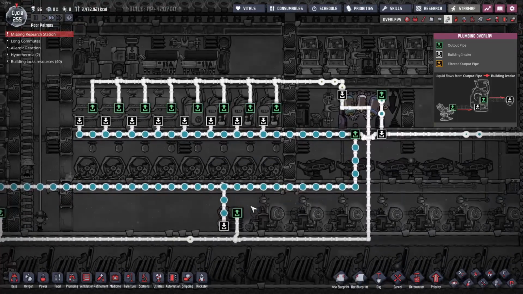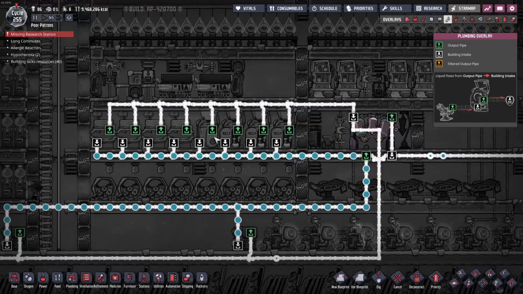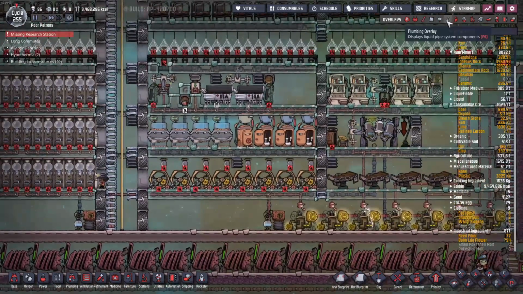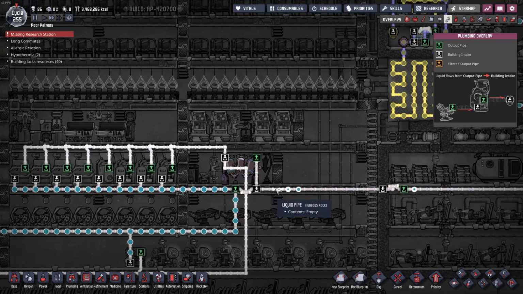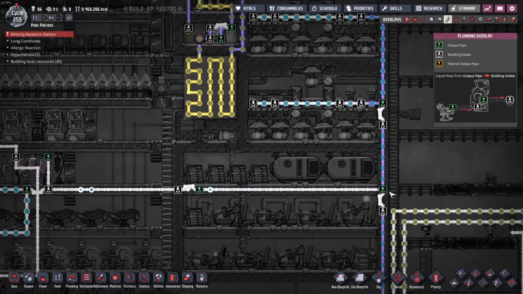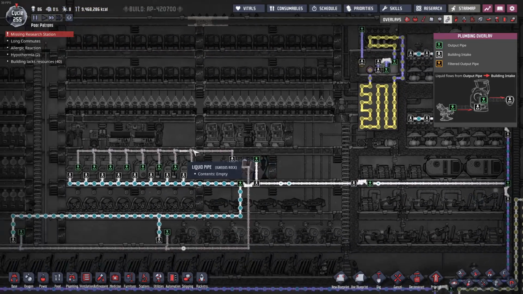When anyone uses the toilets or the carbon skimmers, all the polluted water comes up here, and it tries to go into the toilets and sinks and the carbon skimmers. When it's unable to do that, after it's been sieved, of course, it overflows along here and gets sent across and dumped into our oxygen production facility. As well as that, it's got priority flow, meaning it will be accepted first, meaning so long as there's